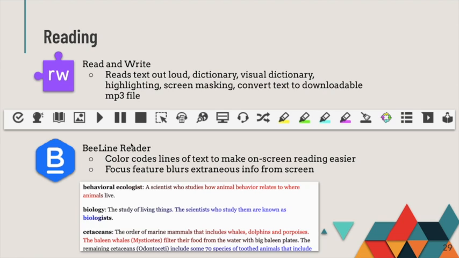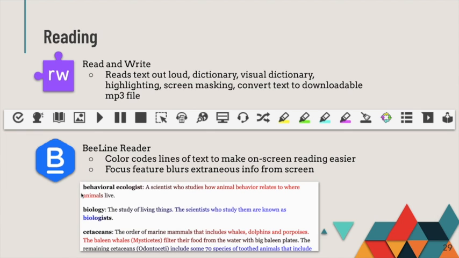The second one is a little less robust, but I think a really useful tool. It works on most text on the internet if you use it in reader mode. It's called Beeline Reader, and it does two things that help. It's mostly for dyslexia or having issues reading on screen. The first thing is that it can color code lines of text to make it easier to stay in the right spot when you have a block of text. You can see it colors from halfway through the first line to halfway through the second line,